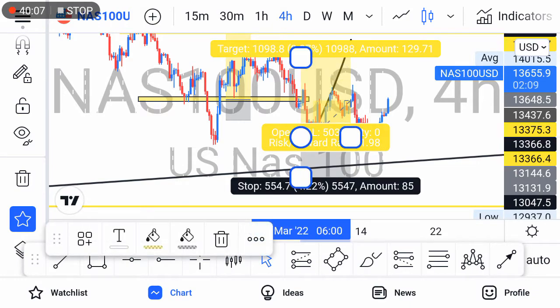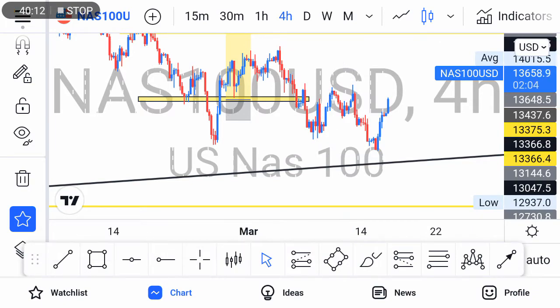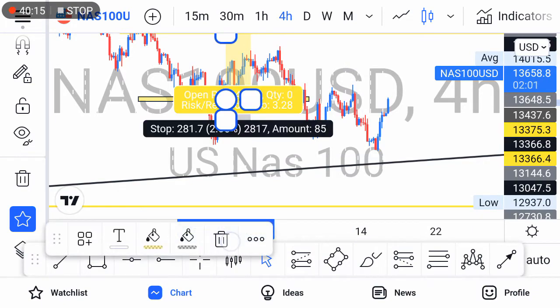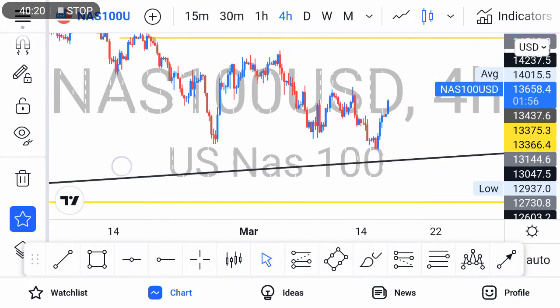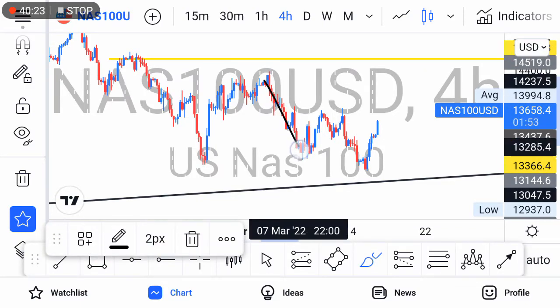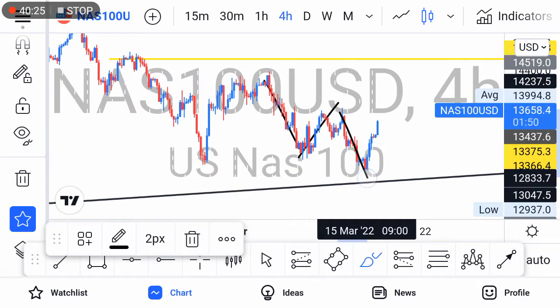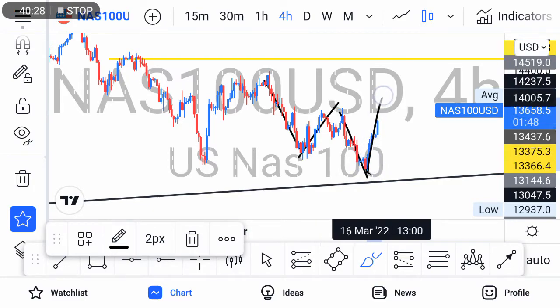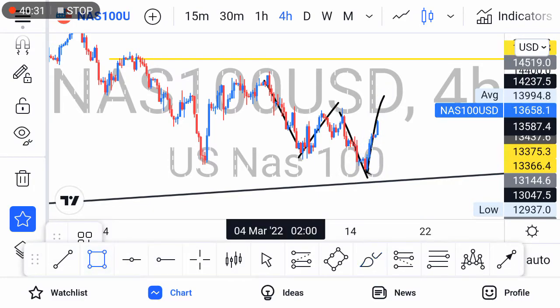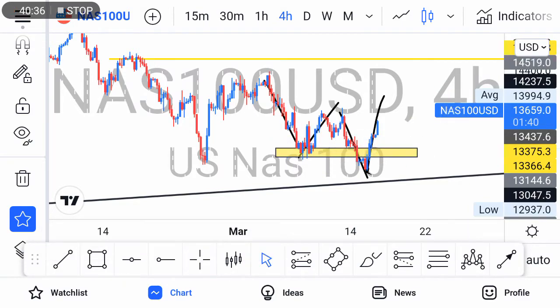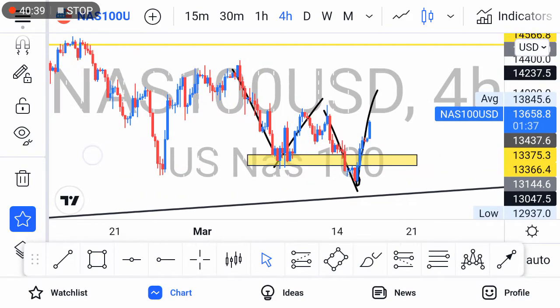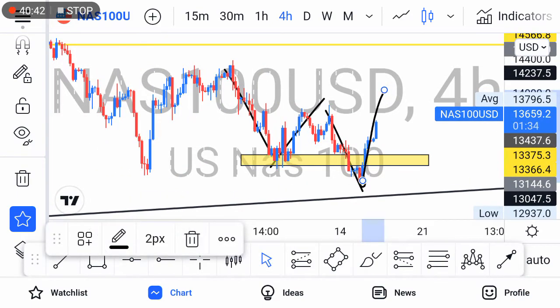I didn't wanna make this video long, but I just wanna pour out everything, guys. I just wanna share everything. Okay, here's a bearish market, here's a pullback, here's a touch. So once we are here, we put our zone. This is the current market. What we do is we're expecting